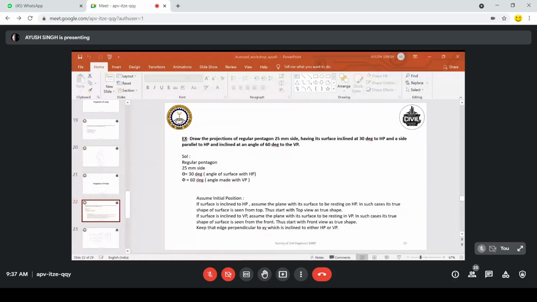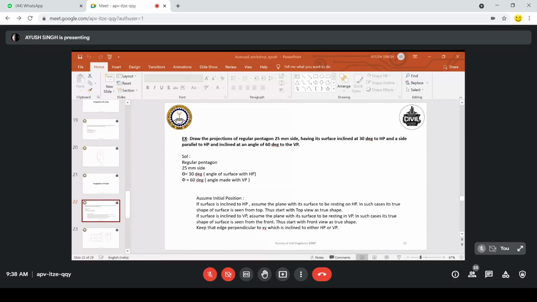It is given that a side is parallel to HP and inclined 60 degrees to VP. So we have to incline this side at 60 degrees to VP. That's why we will consider it like this and not this.